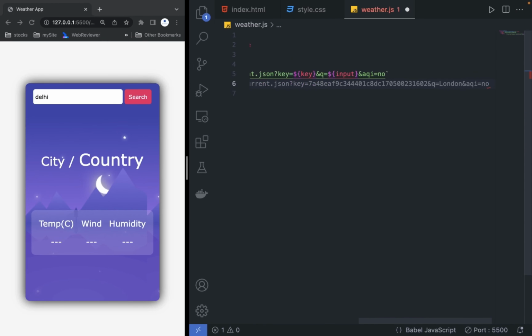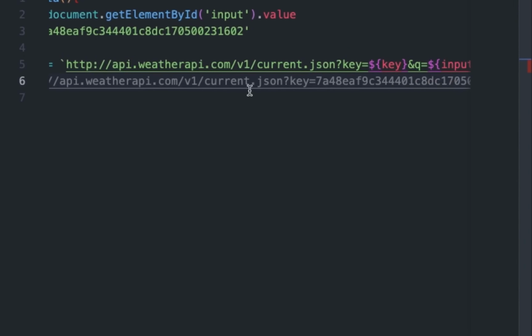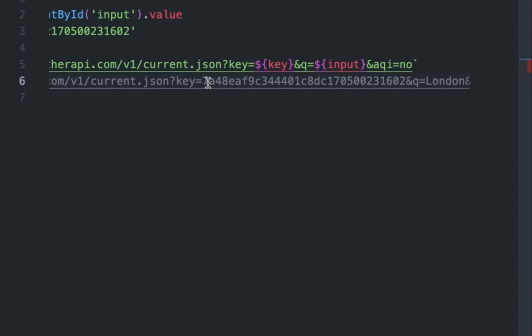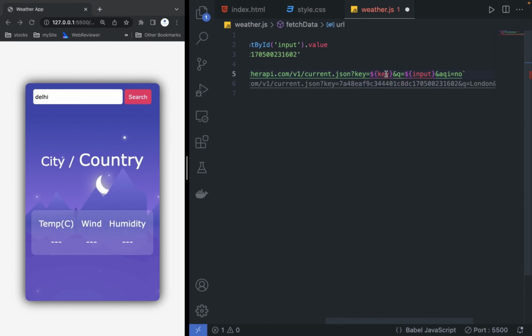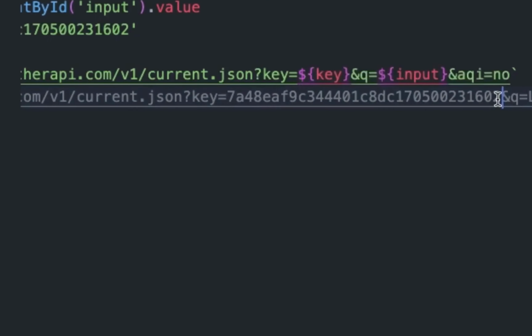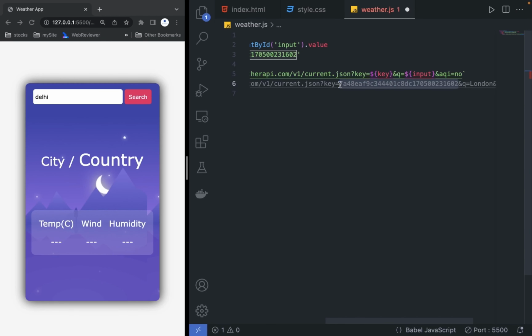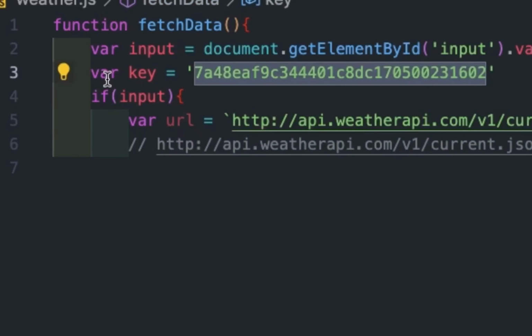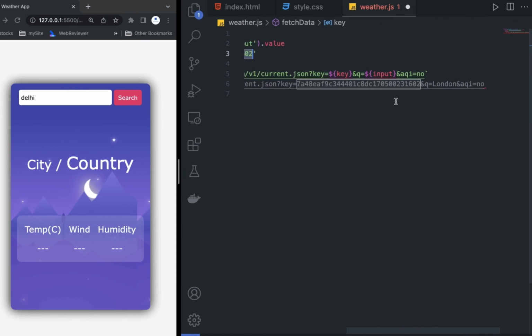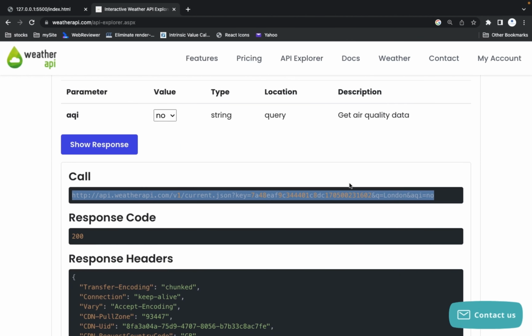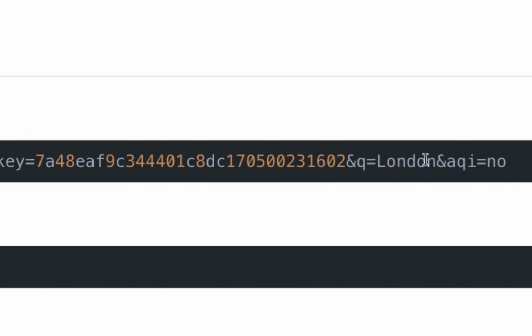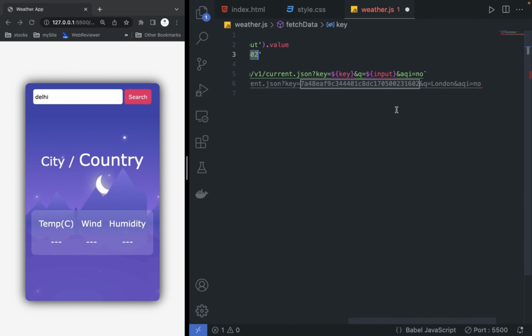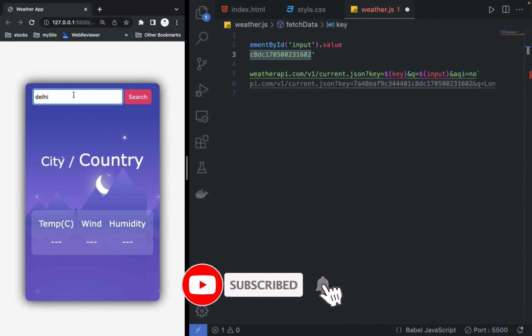I created it as a dynamic URL, because if we paste the commented one, the key equals this value is present. Now in my one, you can see I have replaced this value with dollar key, meaning the key is now not passed statically. Here we have created a variable and stored that key there, and the same thing I have done for the input. So q equals London, here it is passing q equals London. Statically if you pass Delhi, then also it will work, but we have to make it dynamic. Whatever city we search, that should come here.